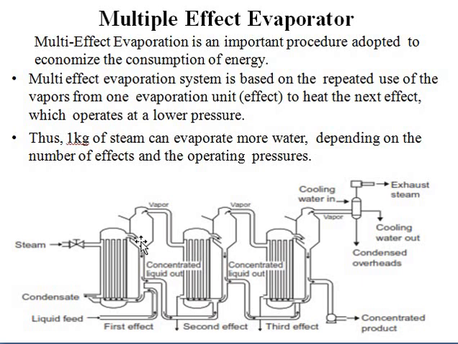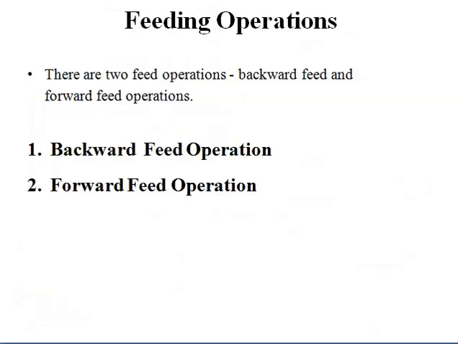So ultimately, if the vapor goes up to the next section, up to 2, we call it a double effect evaporator, 3 a triple effect evaporator, and more than 3 a multiple effect evaporator. So ultimately we are conserving energy here. In the single effect evaporator there is no provision for conserving energy. So this one is the multiple effect evaporator.